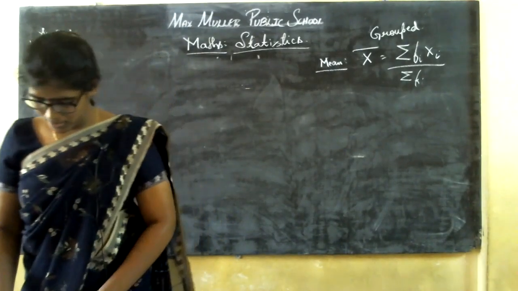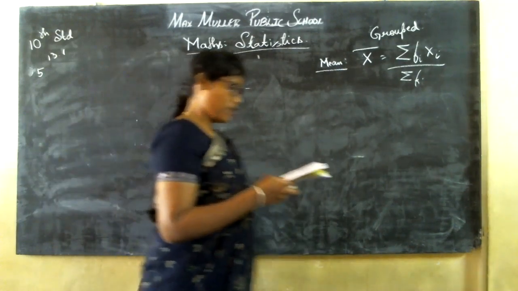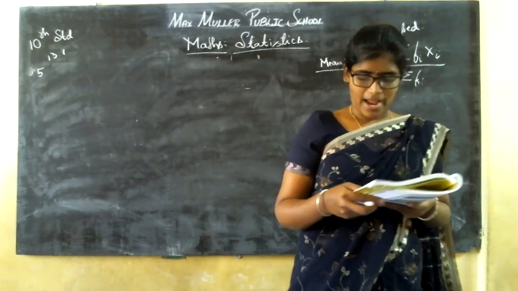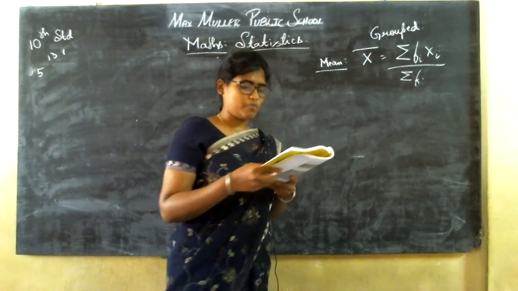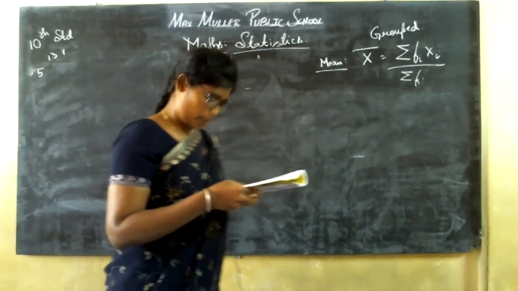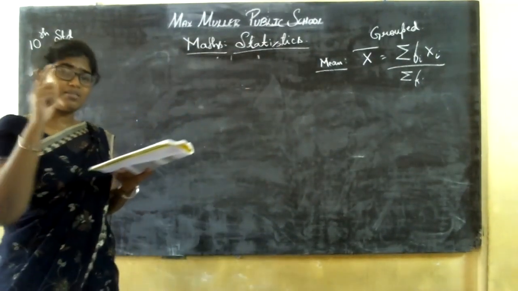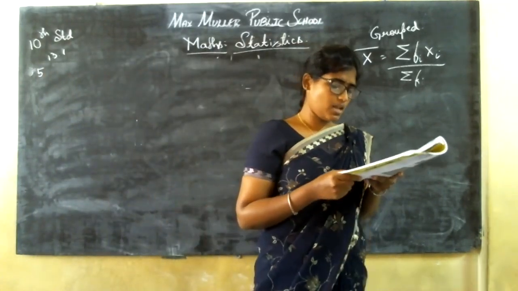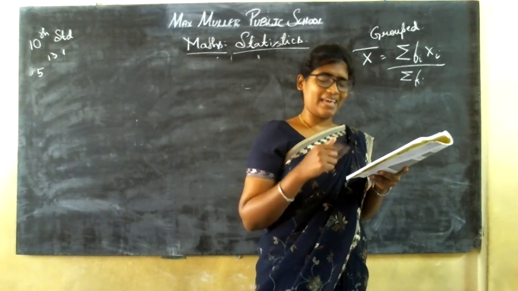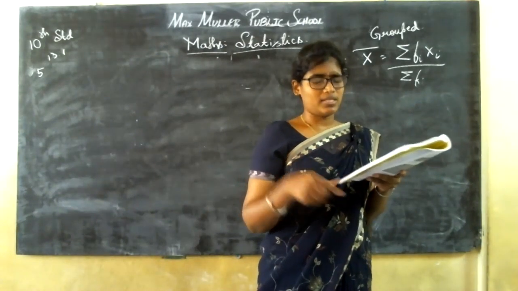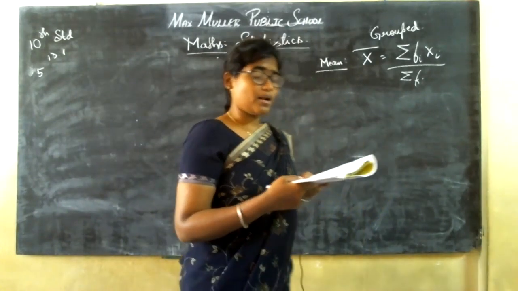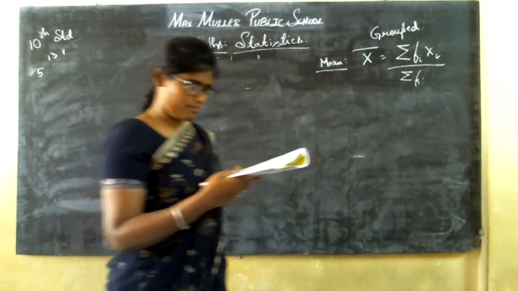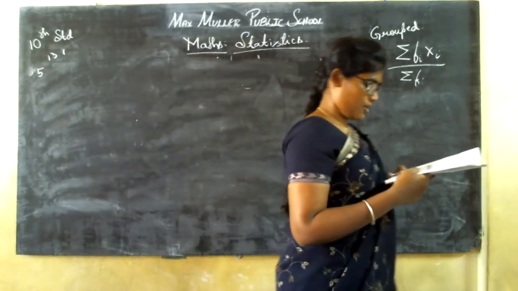Yeah, coming to the next sum, we had solved the basic sum for the mean, and now coming to the third sum of the same exercise, that is 13.1, where there is a missing factor. The frequency is missing. See the number of children they have given, and one F has been added in the frequency tabular column. So let us see how to find that F factor, that is a missing frequency.